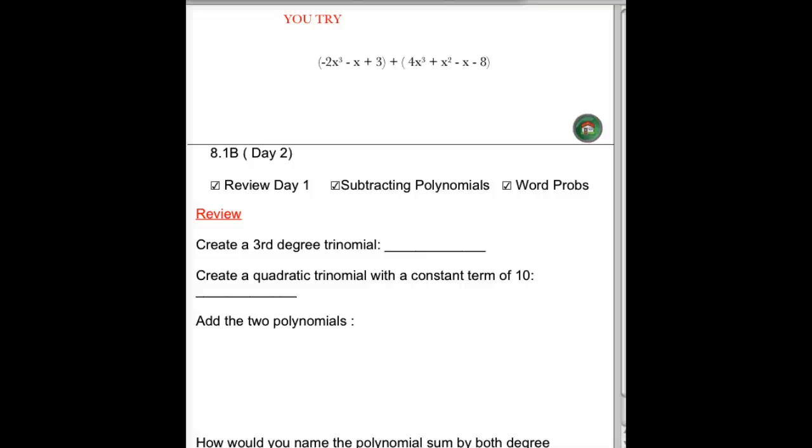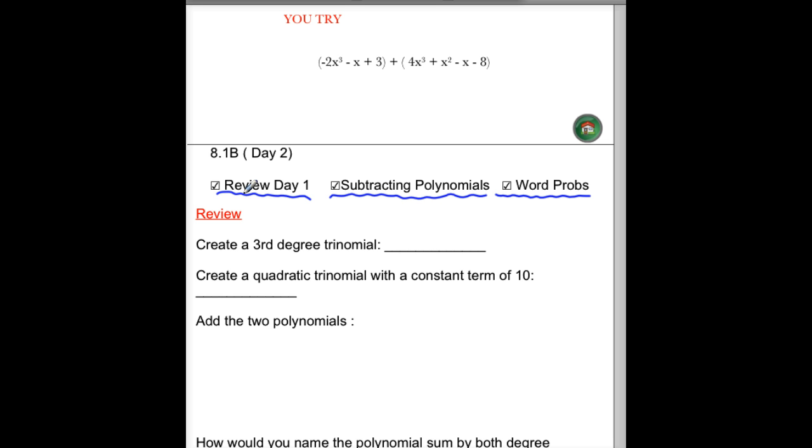In the second section for 8.1, we're going to start off with a little bit of review. Make sure we remember what we did in the previous section of notes. We are then going to do some subtraction, and we'll follow that up with a little bit of work on some word problems. So first of all, for some review, our first task is for you to create a third